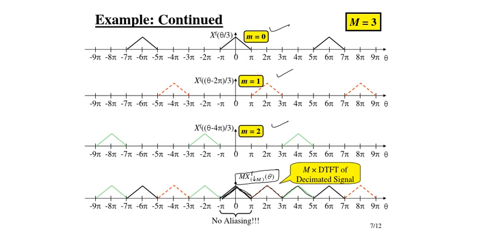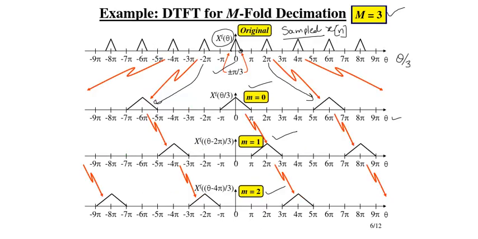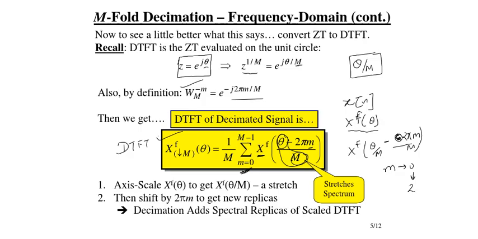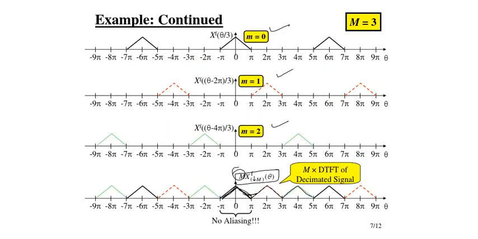So let's say that the original spectrum was actually greater than this pi by 3. So what would have happened? Obviously these replicas could have interfered with each other, and that could have caused aliasing, right? So I am not talking about the scaling factor, that is easy because there is a 1 by M factor, so that will scale, right? That is easy to write.